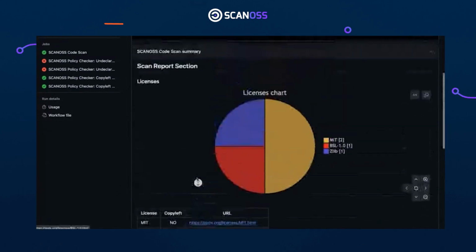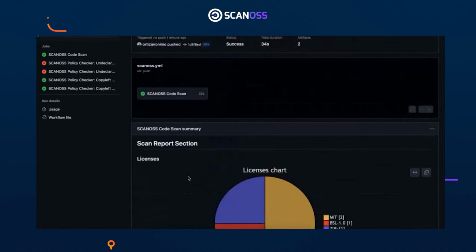So you can use this integration, as I said, with OSSKB or SCANOSS SKB as you prefer, and use it right now. So yeah, that's